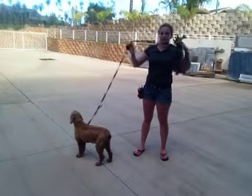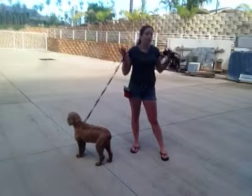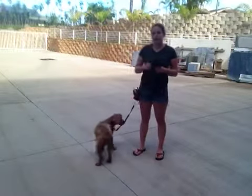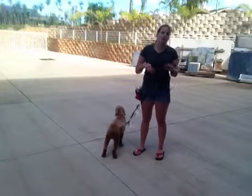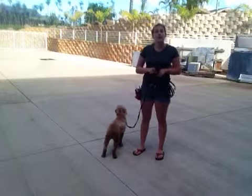For distance, I have this extra long leash so I can get far away from him. Also, we don't have the walls of a garage keeping me closer to him. For duration, I would recommend 30 seconds up to a minute, anything like that. And for distraction,